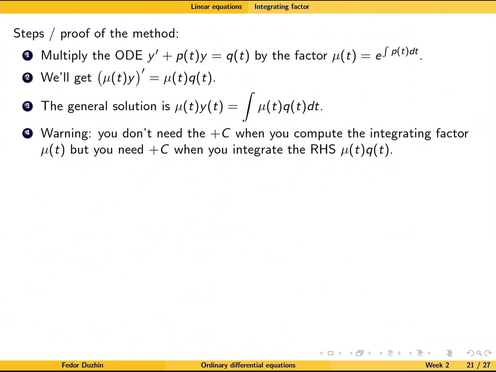About plus c, you don't need the plus c when you compute the integrating factor, because when you compute the integrating factor, your goal is not to find all possible integrating factors. You just need one particular integrating factor, which means you don't have to care about plus c. But now you need plus c here, because now our purpose is to find all solutions of the differential equation, which means it is up to plus